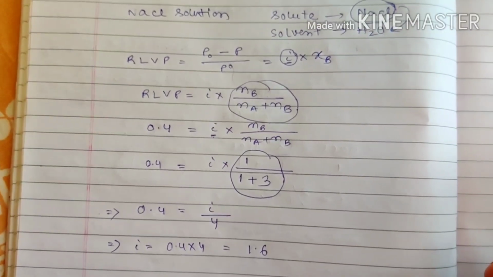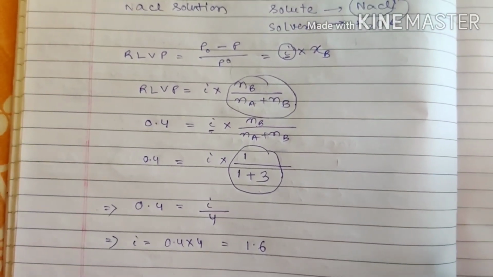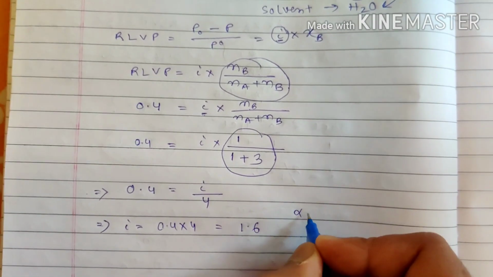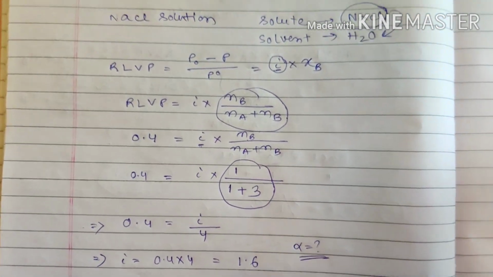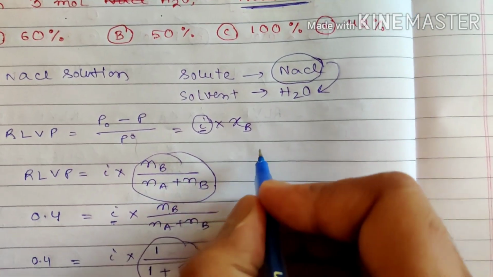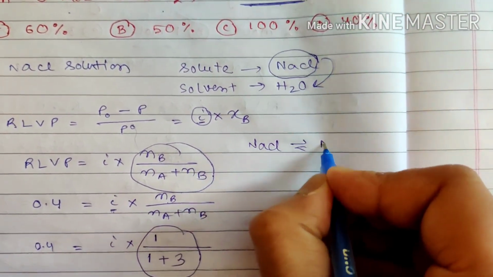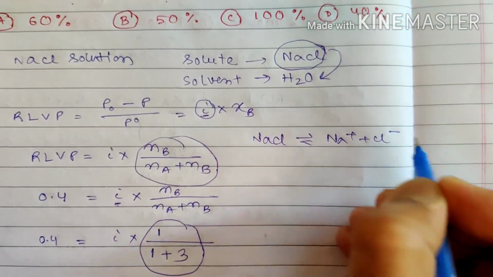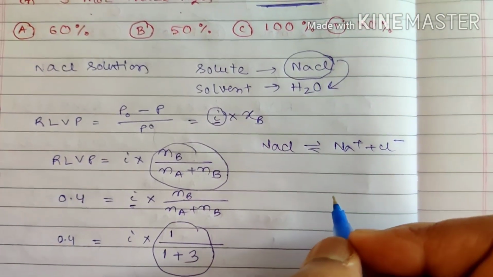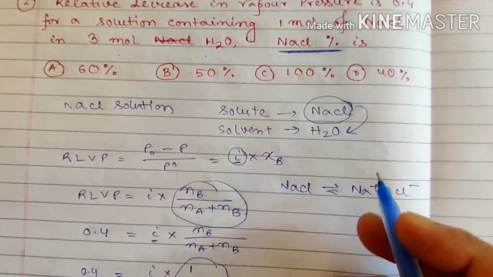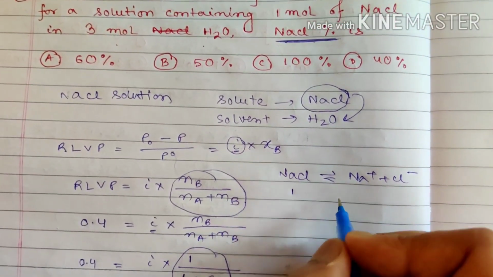Interestingly, if we need to find out how much dissociation has taken place, that is alpha, for that we are carrying out a very simple calculation. Suppose NaCl is Na+ and Cl-. Although it should have been 100% dissociated, since in this question the percentage is asked, suppose 1 mole